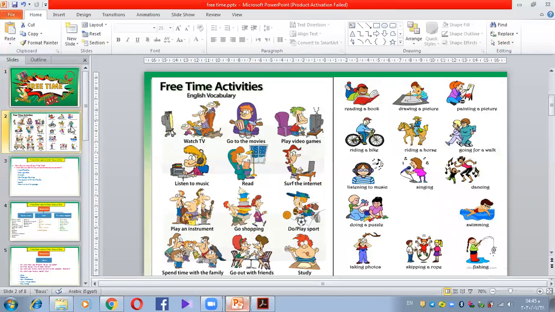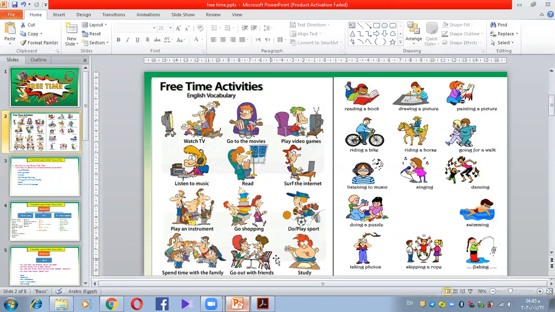So we are speaking about free time activities. If you have free time, how do you spend it? How do you spend this free time? So for example, for some, they are gonna say watch TV, go to the movies, the cinema means, play video games, listen to music, read, surf the internet, or search the internet, or browse the internet, play an instrument like piano, like guitar, go shopping, do or play sport, spend time with the family, go out